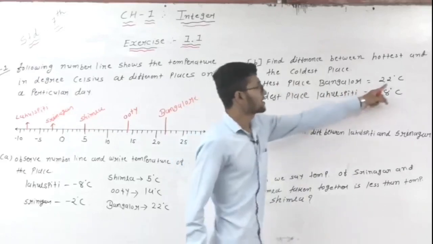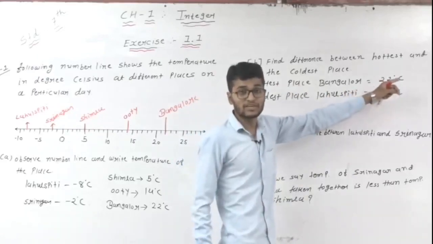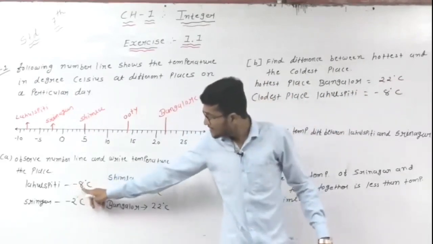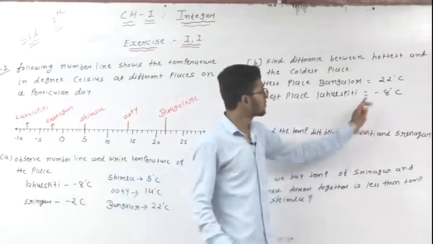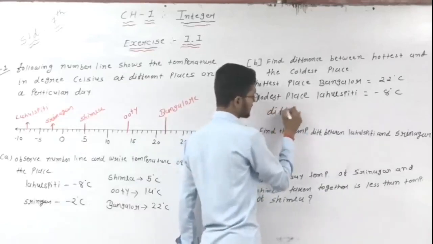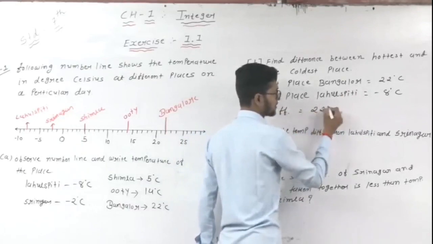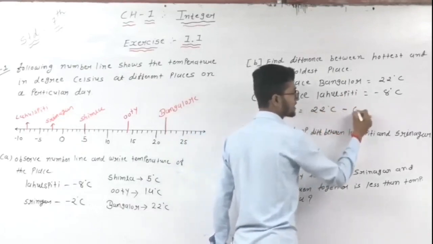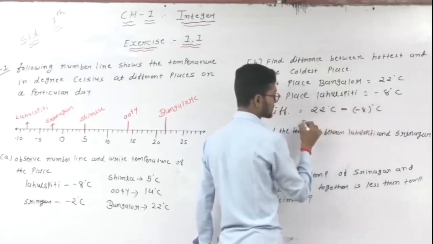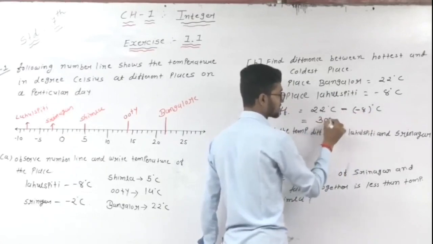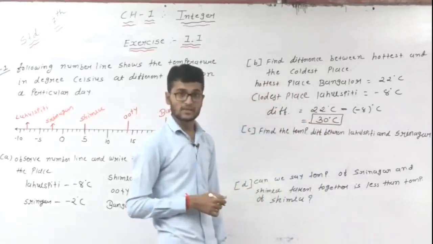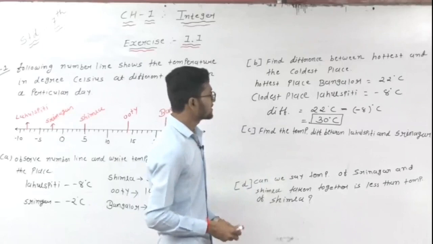Right? This one is hottest. That is, hottest means high temperature, 22 degrees Celsius, and coldest means low. Low means here, see, -8 degrees Celsius. This one is low, the lowest. So -8 degrees Celsius. Now here find the difference. Difference means subtraction. So to find the difference, difference is equal to 22 degrees Celsius minus the second one, -8 degrees Celsius. So dear student, here is minus and here is minus. So minus and minus means plus. So 22 and 8 means 30 degrees Celsius. This one is the difference between the hottest and coldest place. Understand?